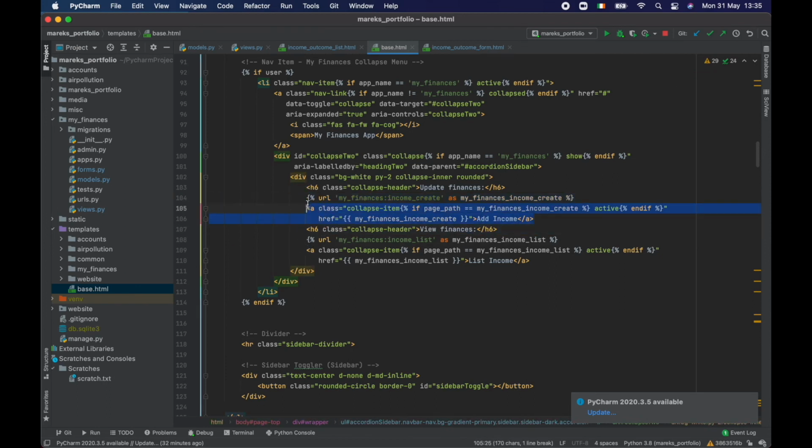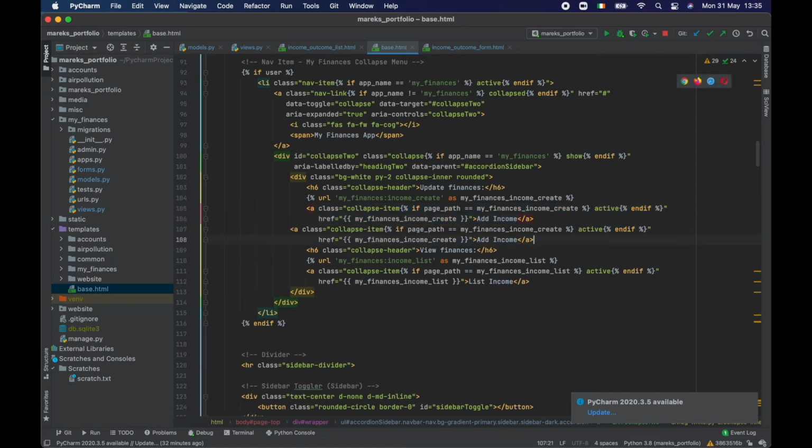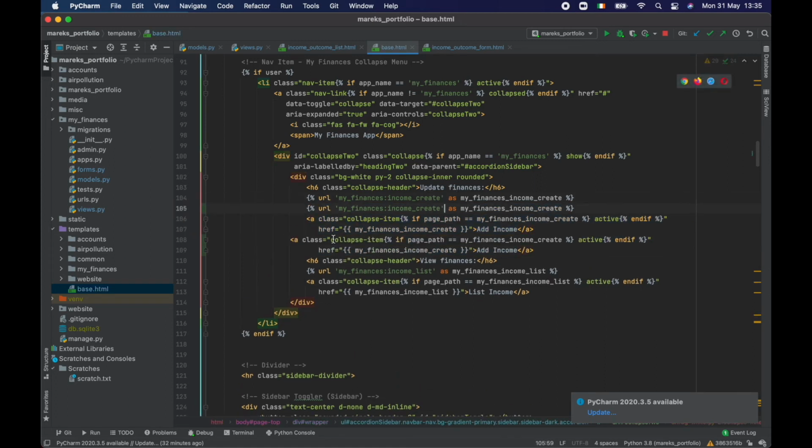So I'm going to copy it like this, just to keep Jinja next to Jinja and HTML next to HTML. So we have URL, my finances, income create. I'm going to make the outcome create, and it doesn't exist yet, but we're going to create it in a second. And finances outcome create. Okay, and then we can use this name in here, and then add outcome,